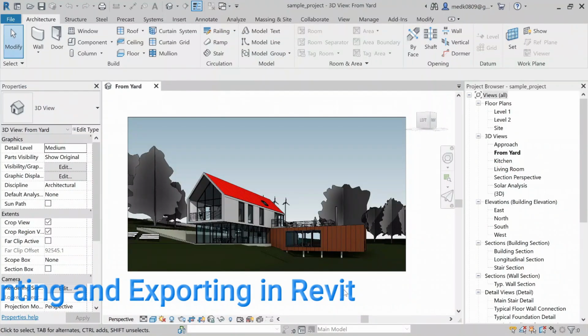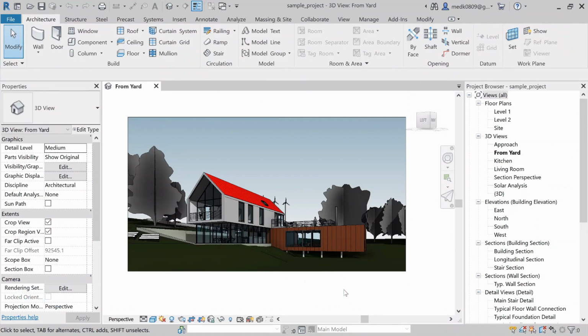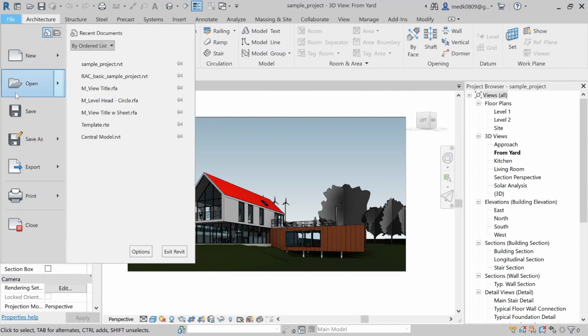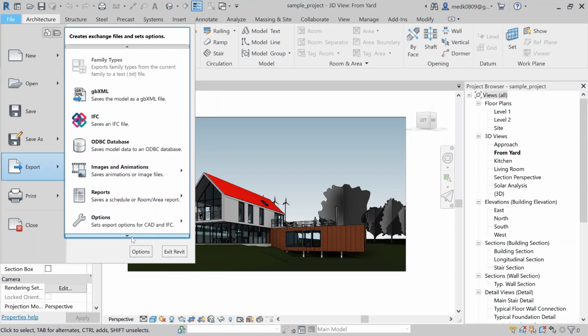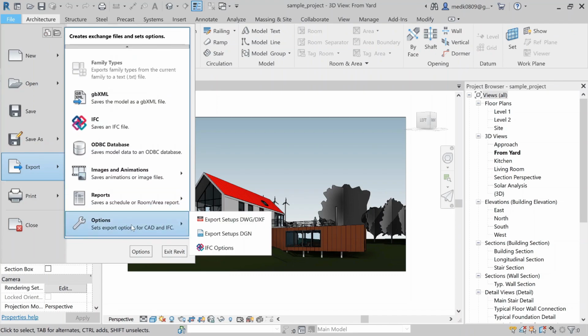So now we will talk about export settings in Revit. For example, if you want to share your project with your client, how will you export the project? For that, go to File and you will see Export. Click on Export, come to the bottom, and you will have some options for the export. So here we have Export Setups. Click on Export Setups,